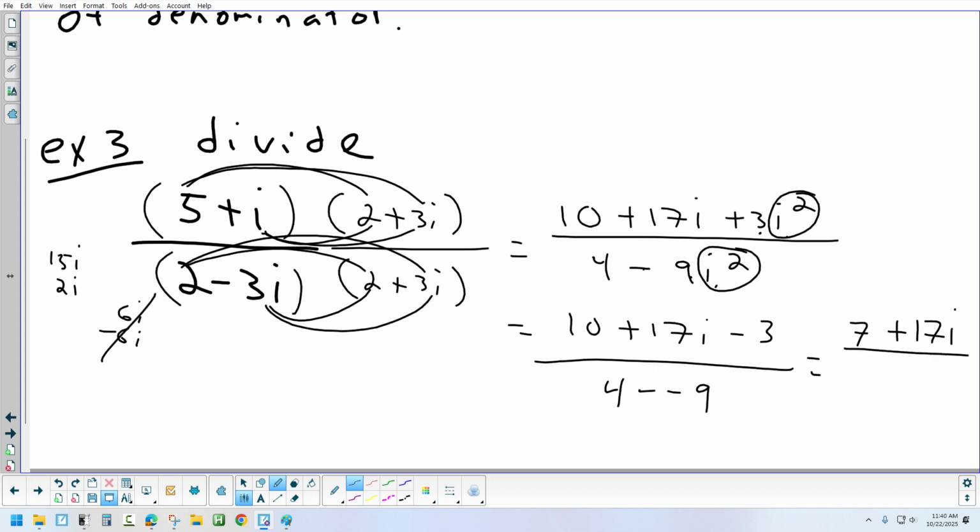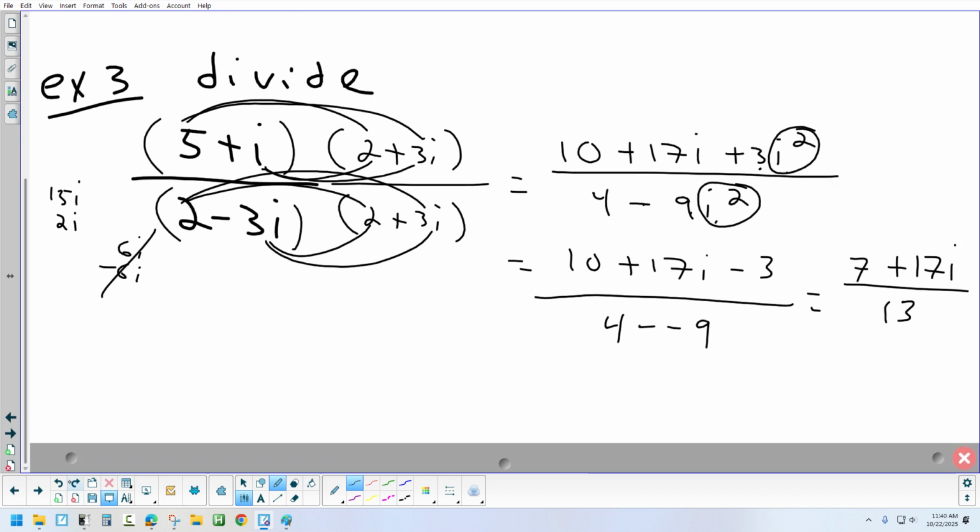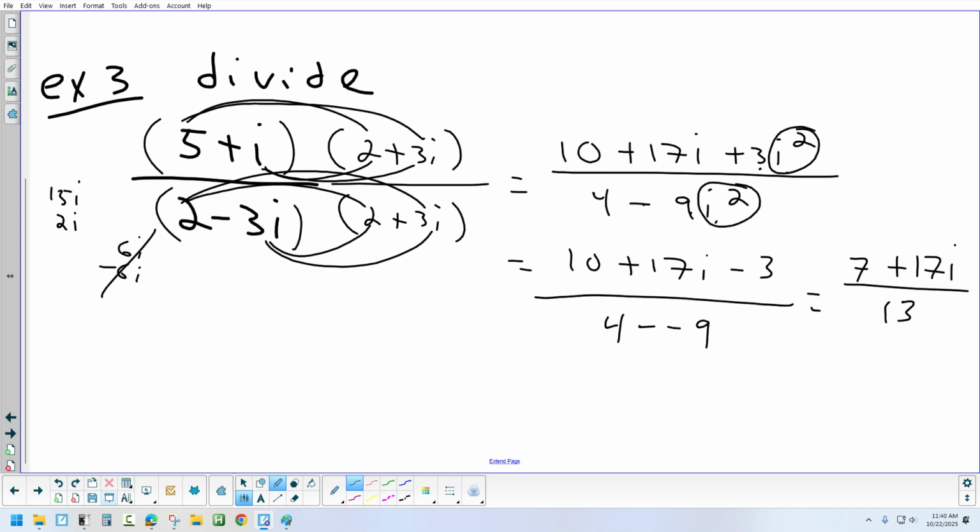Divided by, what's 4 minus minus 9? 13. Are there any i's left in the bottom? That's why we multiplied by the conjugate. Makes all the i's disappear. But you should write that answer in standard form, which means writing it as